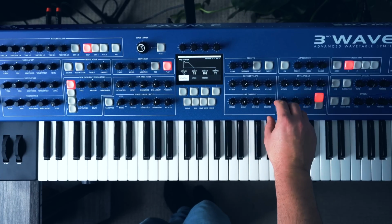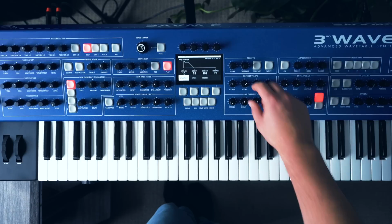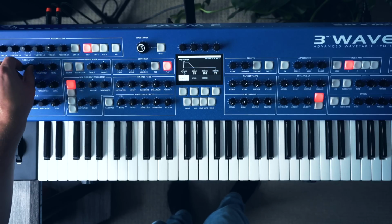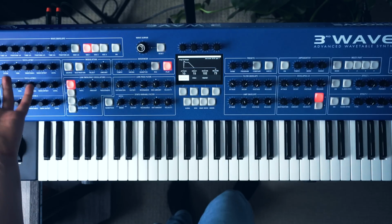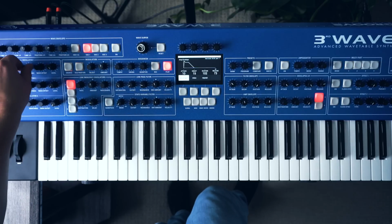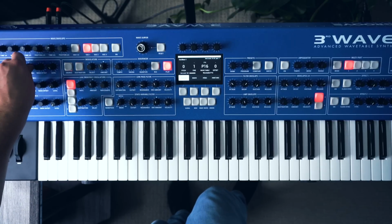Turn down the release a bit. So really basic sequence. But yeah, let's check out some of the different waveforms. So over here, we have our oscillator section, and we have 3 identical oscillators, but we're gonna start with one. So going through our vintage PPG wavetables,